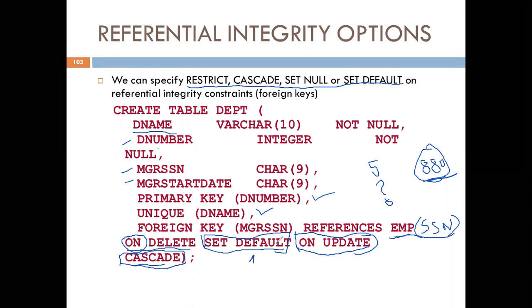Those four keywords can be used in this place. When we use set default, that attribute value will be set to the default value. When we give set null, that attribute value will be set to null. If we write on delete cascade, then if an employee is deleted, this particular row also gets deleted.